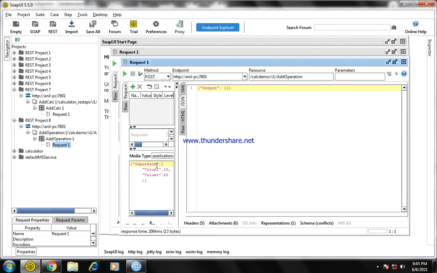Here it is a spelling mistake, that's why it is not able to read. See, it came as result 30. If you notice here, earlier it was PA REMS, now it came as 30.